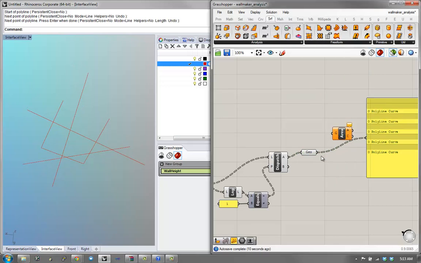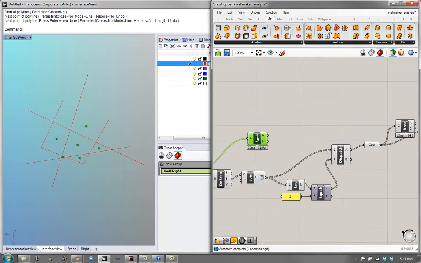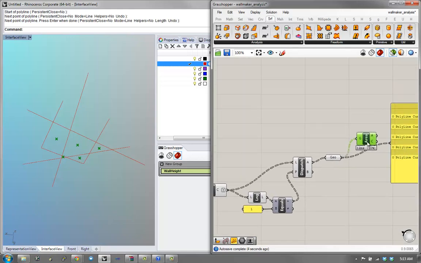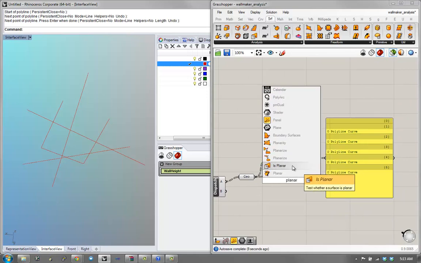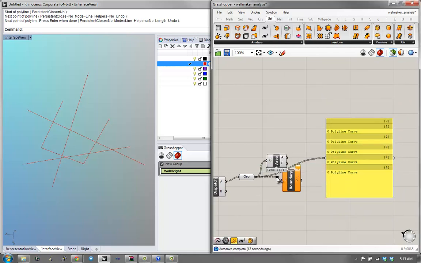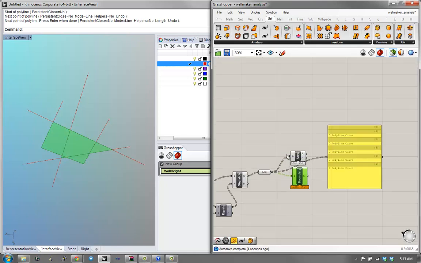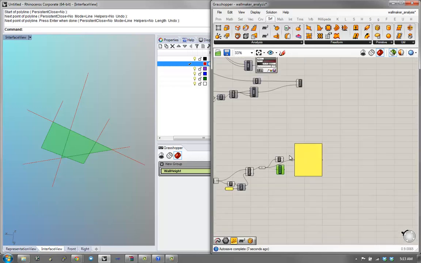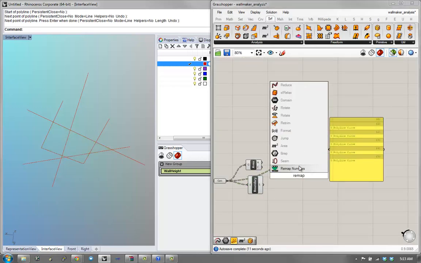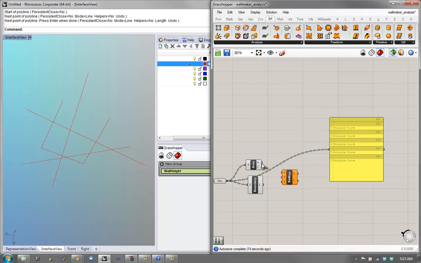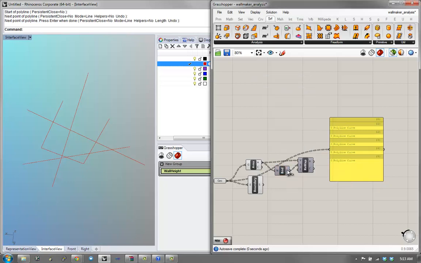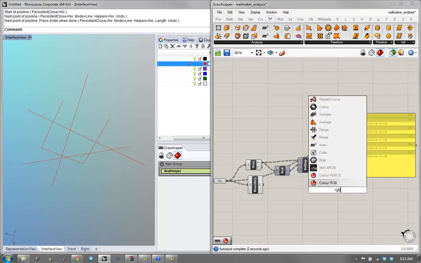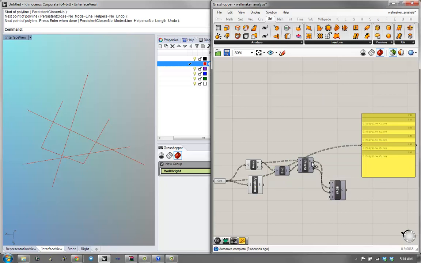So then here we can use the Area function. Actually, we didn't need this. So then this is going to grab us the area. And what we can also do is create maybe a planar surface, and then we can do the stuff we did earlier. So for example, we could do Bounds and Remap. I'm going to remap the numbers of the area, and I'm going to get the bounds based on the area. So I'm going to remap all the numbers from 0 to 1, and I'm going to use the RGB color to recolor